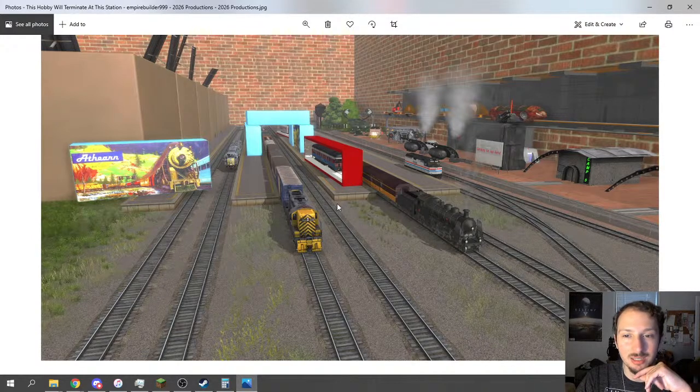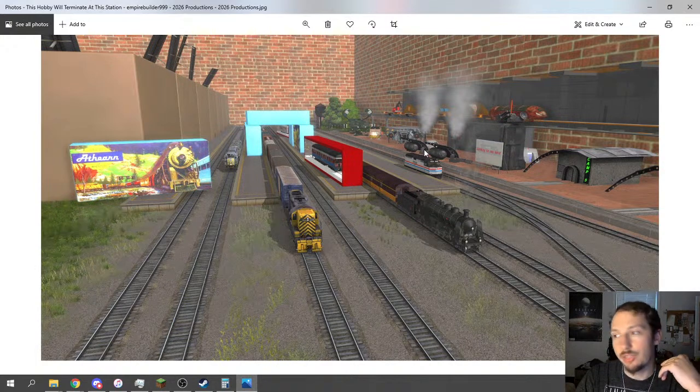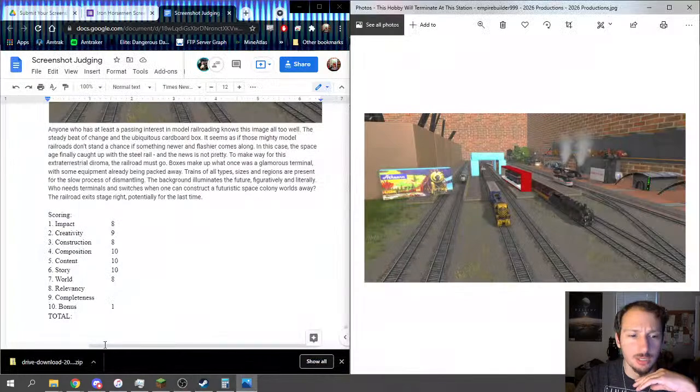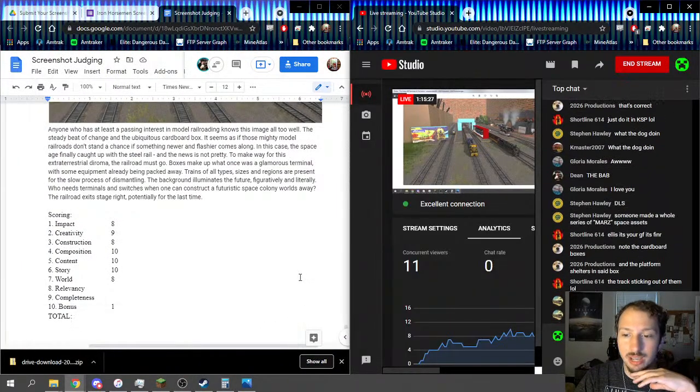Aside from these boxes that are sort of strewn around here, and the stuff sitting on the shelves, which seems to be very deliberately placed and organized, nothing seems like it's in the chaotic process of actually dismantling. So I think this screenshot could have gone much further with that, and I'm sorry if I'm judging it too partially on the basis of what it could have been, but